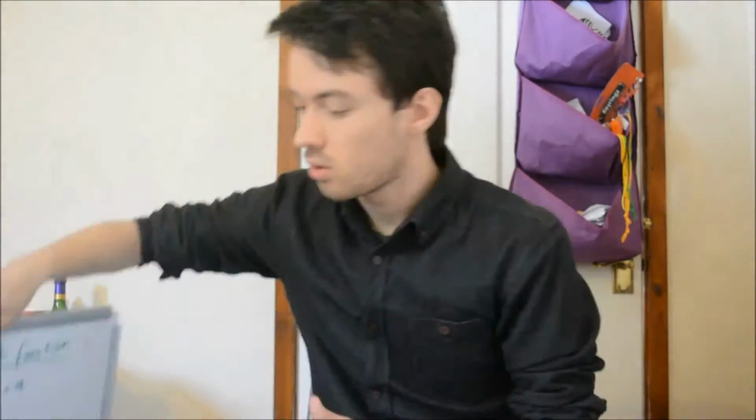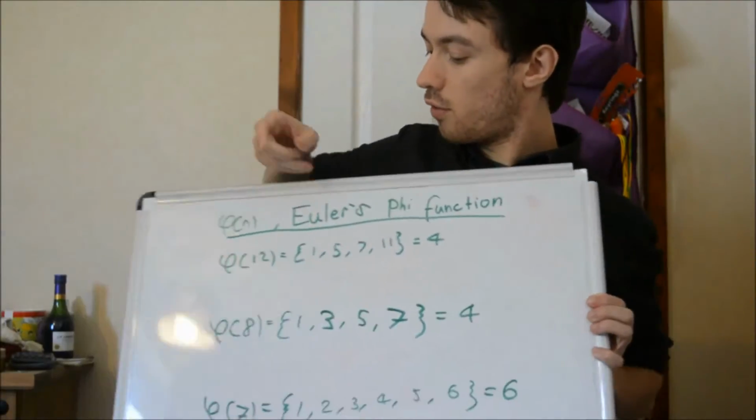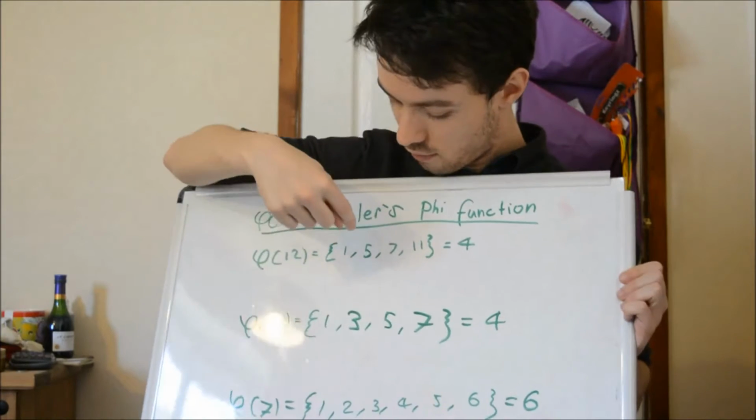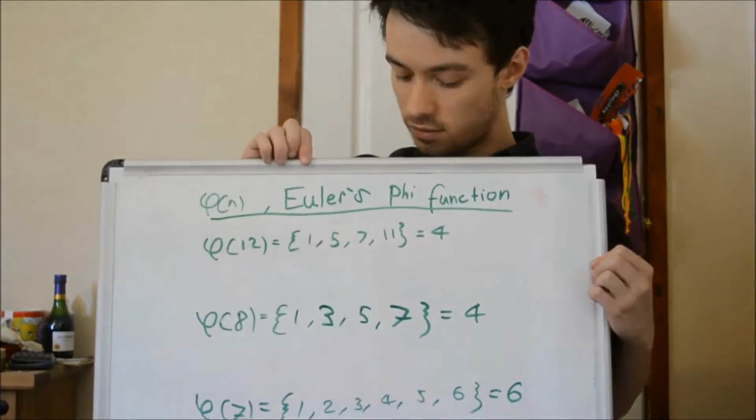So our first definition is the Euler phi function. The phi function essentially says that for a number n, for all the numbers less than n, we want to find out the number of them for which the greatest common divisor of those two numbers is 1. So if we look at some examples, for the phi function of 12, we have 1, 5, 7 and 11, so this gives us a phi function